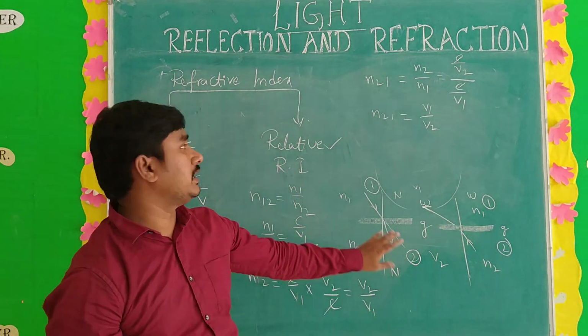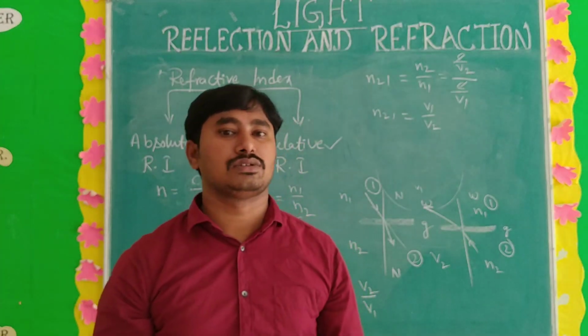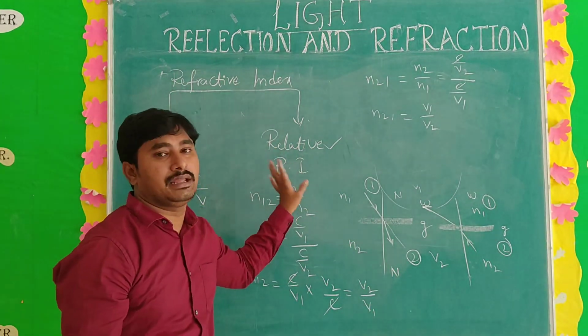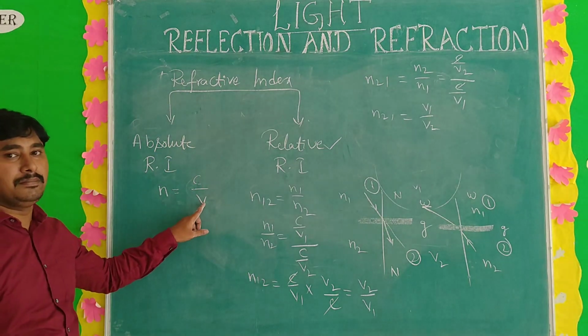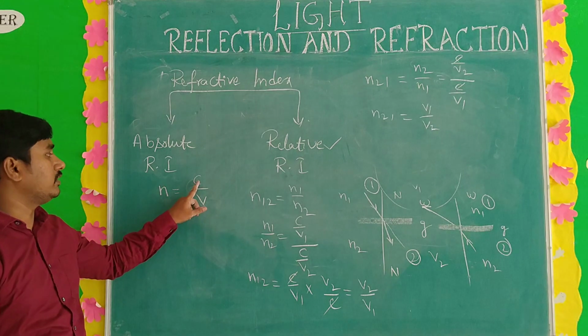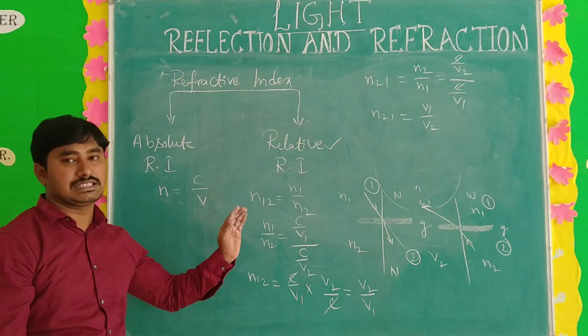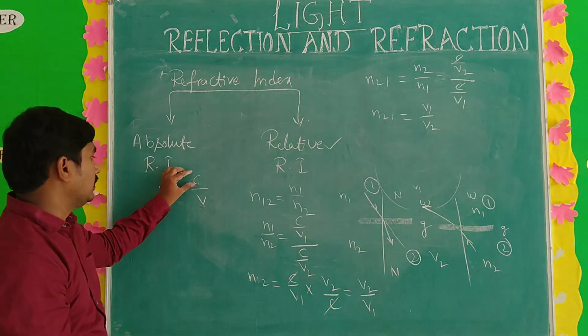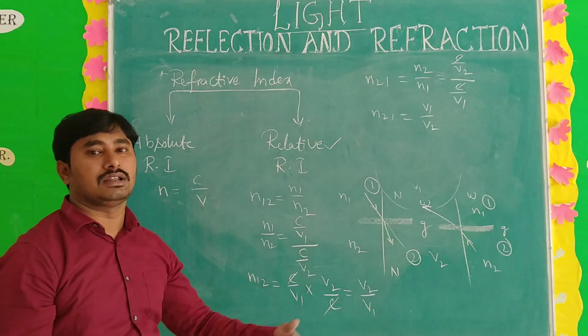Understand, students? This is very important, especially in problem questions. Even in the state board and CBSE, refractive index problems are very important. Sometimes they give only the first medium's speed of light. You know the speed of light in vacuum is a constant, 3 lakh km per second, so it is fixed. They will give either the speed of light or the refractive index, and you have to find the other.